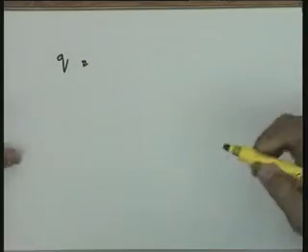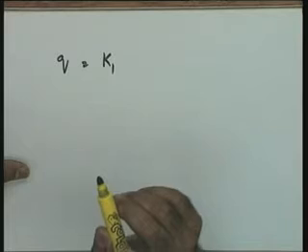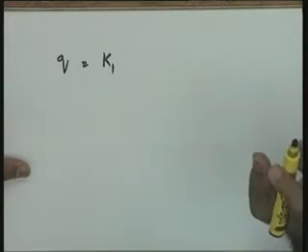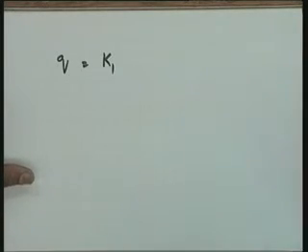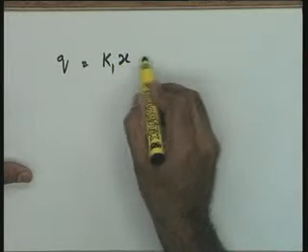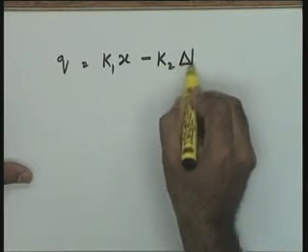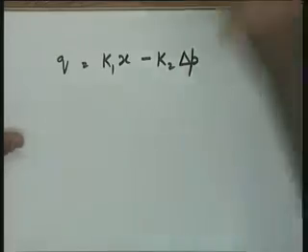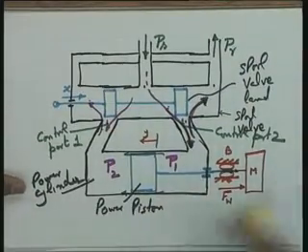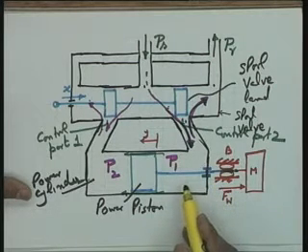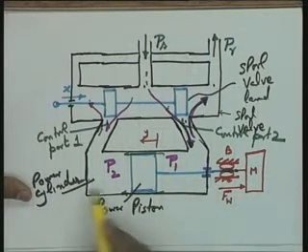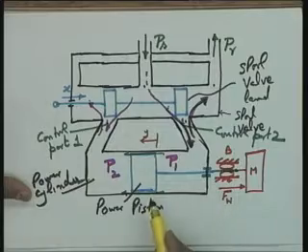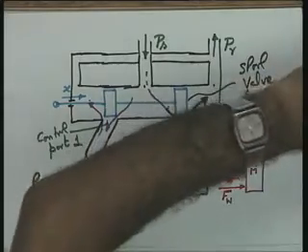Okay? So if this is okay, I think we are heading towards the complete model. You have seen that Q, the flow into the power cylinder, is a perturbation model, of course. Now we are working over a limited region around the operating point, around the steady state point. So Q is equal to K1x minus K2 into del P. Fine. Look at this schematic once again. What is this Q equal to? This Q is equal to the rate of movement of the fluid inside the cylinder, which is going to be equal to, help me please, what is the movement?